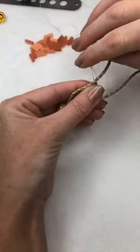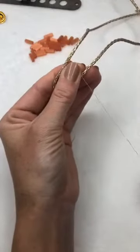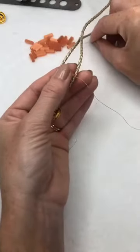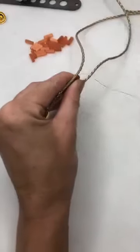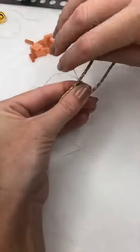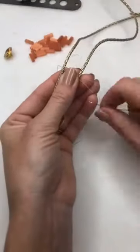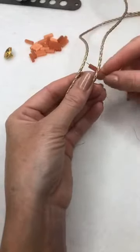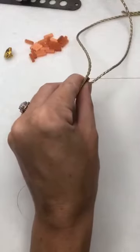Over and through onto the other side. Okay. So, once you've got a few of these secured, and you'll find that you get into a really good swing of things, you're going to get it all nice and easy and get into a great little rhythm. And like I said, I actually used all of my strands, all of my beads from my one strand into my one bracelet. So there's about 30, and that's going to give you